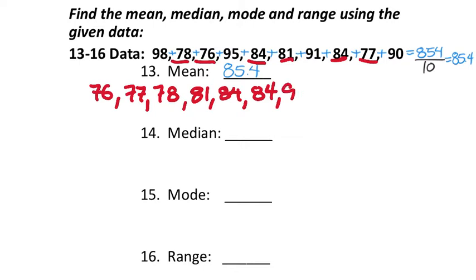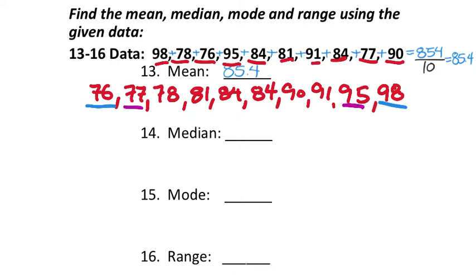So let's go to the 90s. There is a 90 and a 91 and a 95 and finally a 98. There we go. I listed all these in order from leastest to greatestest. And now I just need to find the middle. So I kind of cancel out the ends of these values here. So 76 and 98, 77 and 95, 78 and 91, 81 and 90, and right there in the middle, 84